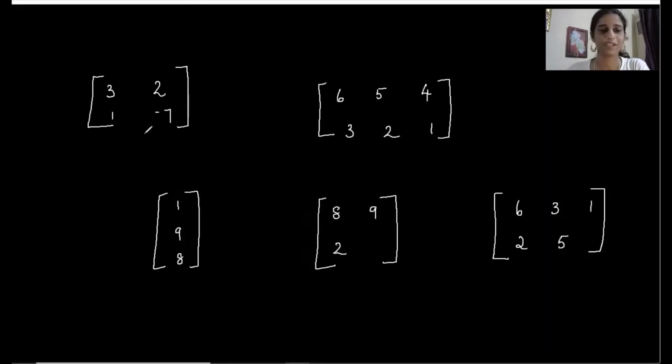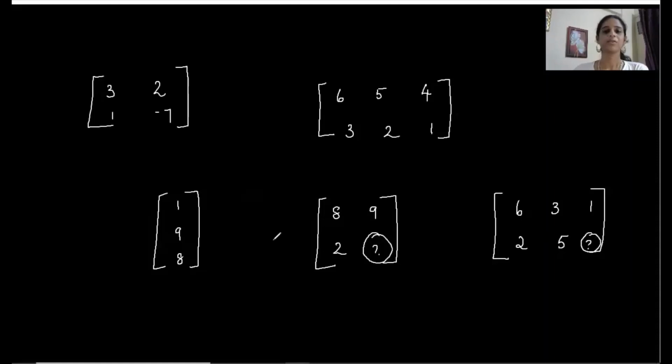Now I'm giving you some examples and you have to tell me if it's a matrix or not. First one is a matrix. What about the second one? Second one is a matrix. Yes. And the third one, it's a matrix. Fourth one is not a matrix because you don't know anything about this entry. It is vacant. So this is not a matrix. And the last one also is not a matrix because it is incomplete.